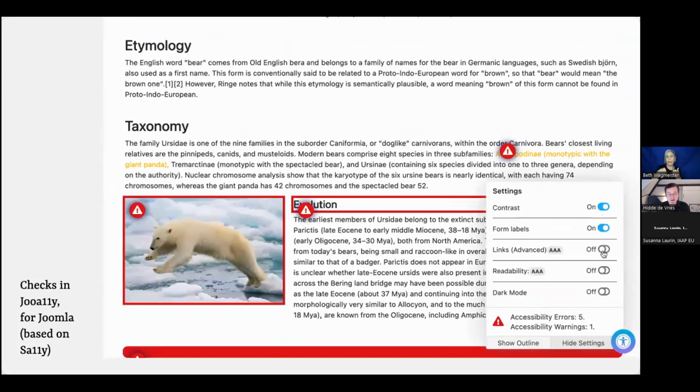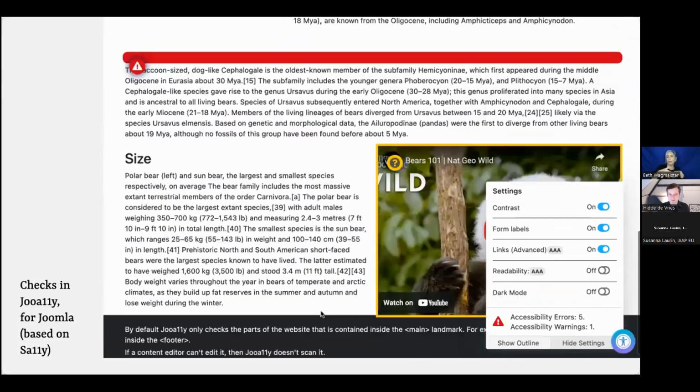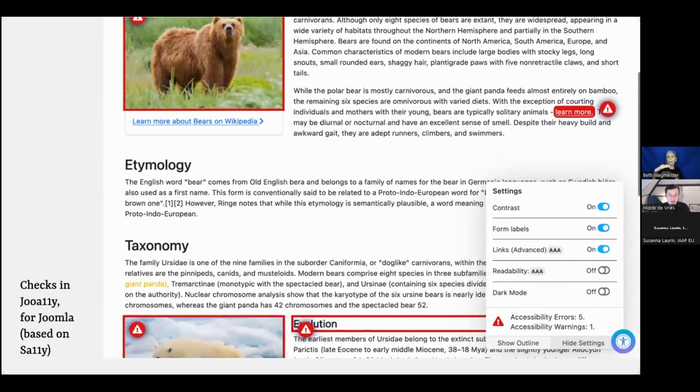Basically what it does is it overlays an accessibility panel on top of your front end in the preview mode, and allows you to find accessibility problems like, does this have sufficient contrast? Is there a label on this form? That sort of thing. So it looks at the rendered content, the content as it would appear on your site, and then it gives you information on whether it is accessible.